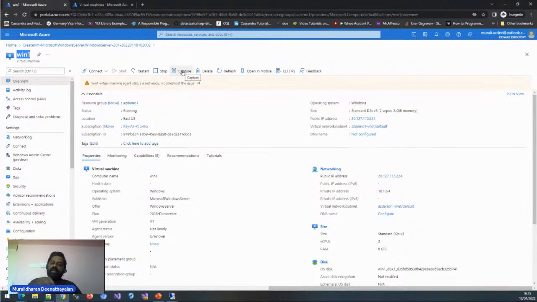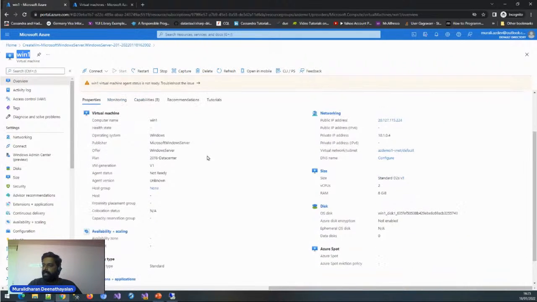Then it creates a snapshot of that machine. I can use that snapshot to create n number of virtual machines rather than installing and configuring all the software each time. I configure one virtual machine with all the software, then use the capture option, and then I can just clone the same machine. So that is the use of capture.